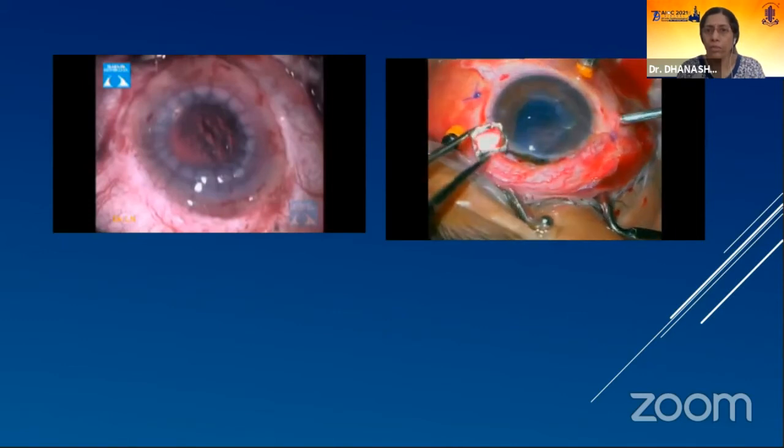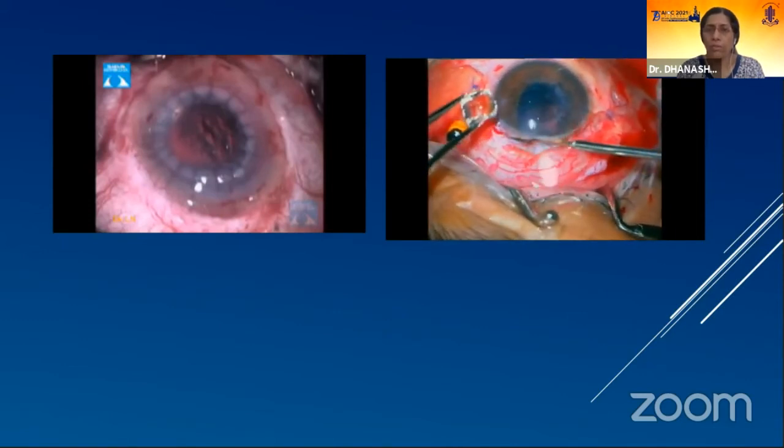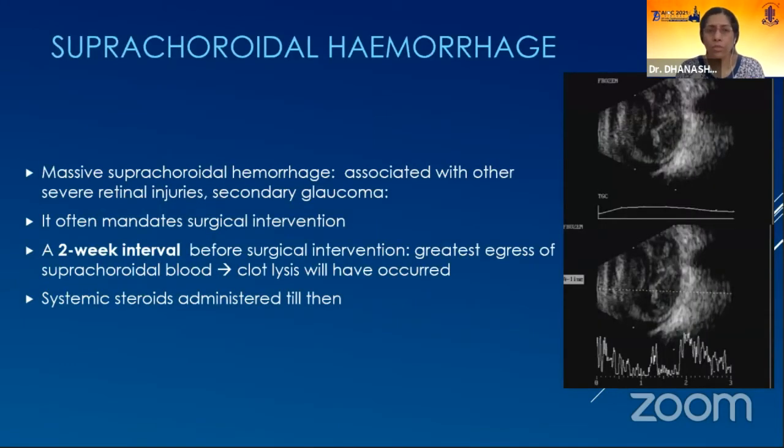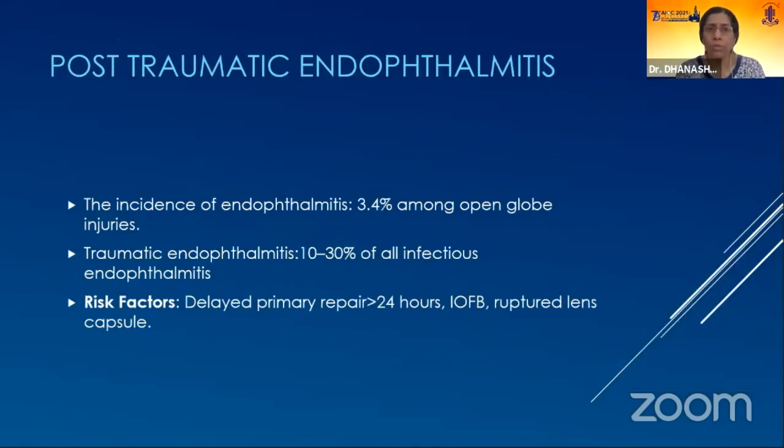So luckily this foreign body could be removed safely without damaging the retina. Suprachoroidal hemorrhage is often present in traumatic situations, and it can be dealt with similarly in other situations. However, a 2-week interval is better to wait, in case you don't have any other problems such as severe retinal injuries or glaucoma. Post-traumatic endophthalmitis, I will not go into detail because Abhishek will be covering it, but